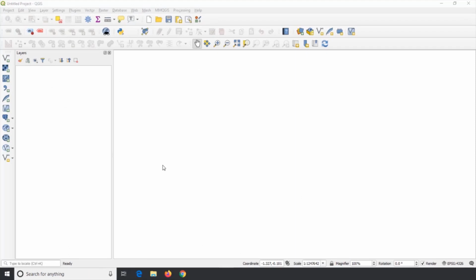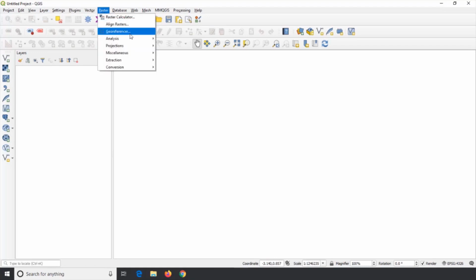Now we will move on to the software to know about plugins. Georeferencer is one of the core plugins which is installed with the software. To make sure it is available in our software, click on the raster menu and look for georeferencer in the drop down menu. Here the tool is available in the third position in the drop down menu. The position order of the tool in the list may vary from person to person. You just make sure the tool is available in the list. If it is not available in the list, we can add it from the plugin manager.